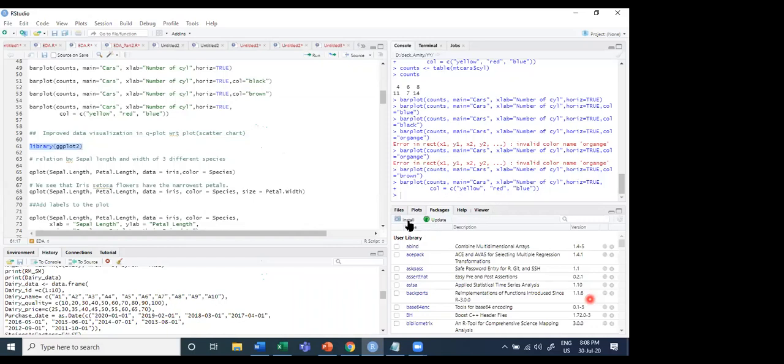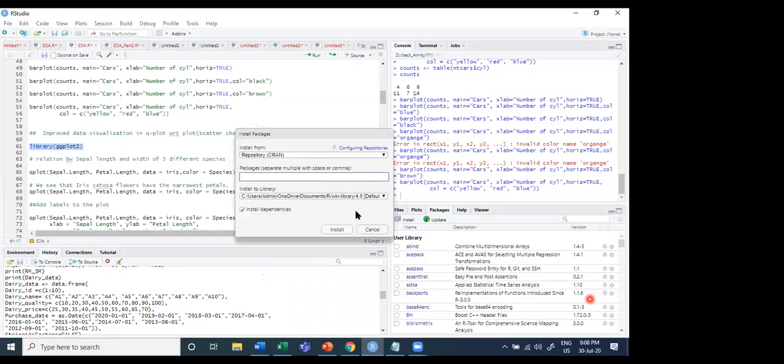Once you go to install, this window will open called repository CRAN, and everything is in CRAN, and you can use only the default, otherwise it will create a problem for you. Leave it at default. Just type ggplot2. So here it is going to come. Use this in packages and install it.